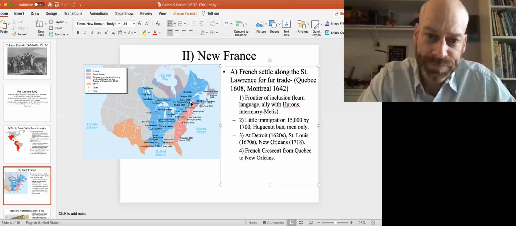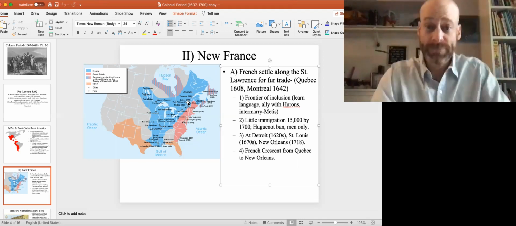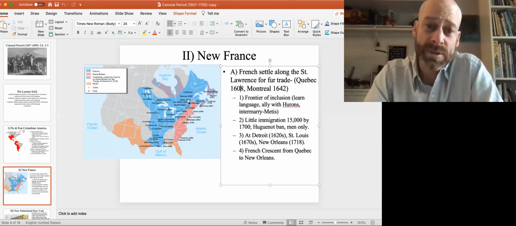So along the St. Lawrence River here, the St. Lawrence River really starts with the snow melt in the Catskills here, and it flows northward out to the sea. And all along the St. Lawrence River, you're going to have these major cities, and they're all going to be French. So the French first established this little fort